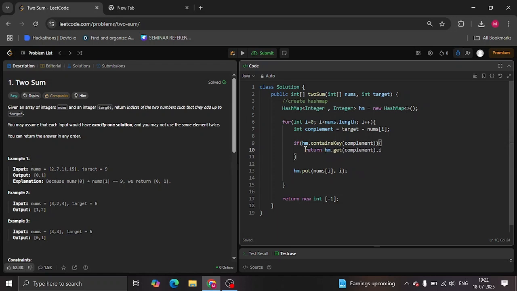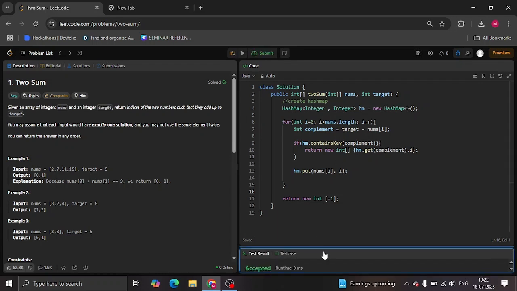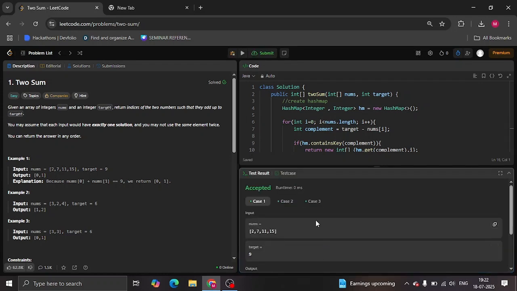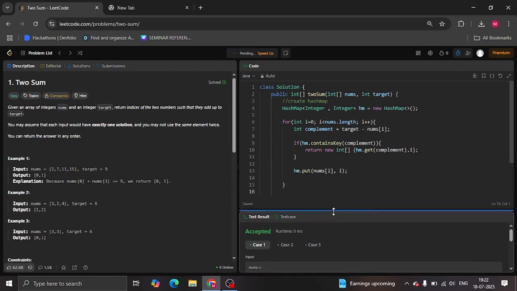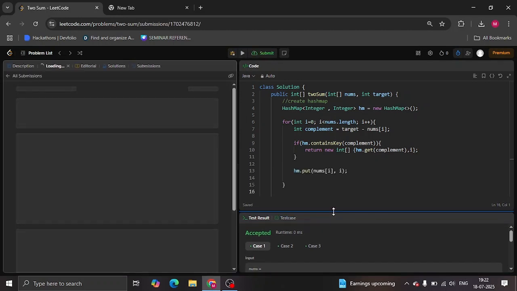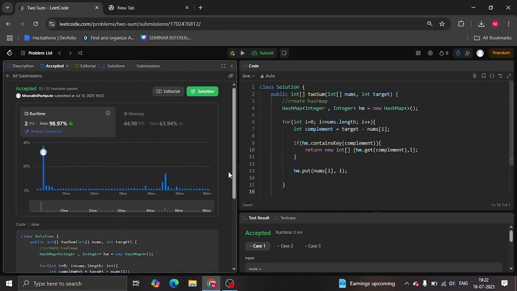We are going to return it in the form of an integer array, new int array, which will have these two values. Okay, so let us run this code and check. So yeah, let us submit it. Yes, so this is the way